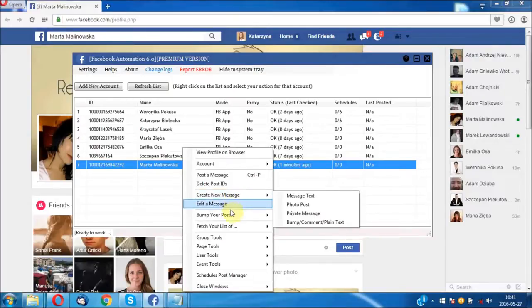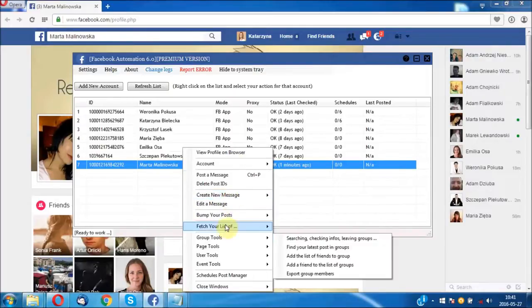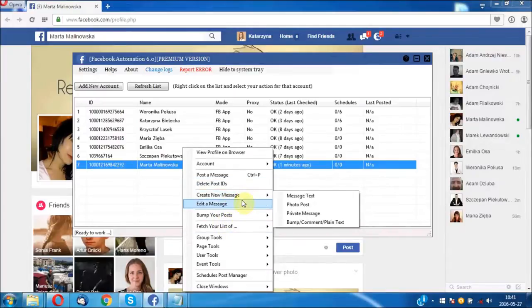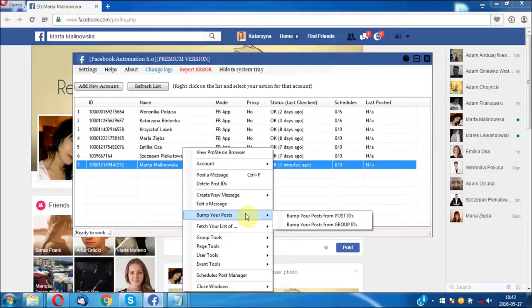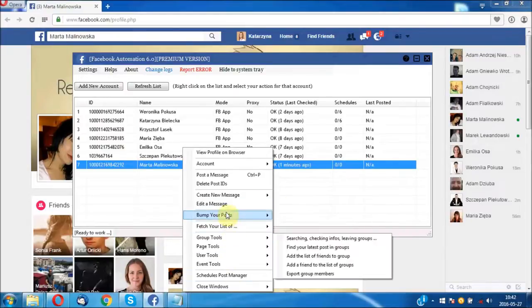So what we need to do is, we've got all these options. We've got create a message, which we have already created. Message text is a normal message text. Photo post is a message with a photo. Private, we send that to private people, and we can bump and comment plain text message. We can edit the message. Bump posts, we can bump posts in the groups by IDs, or by post IDs, or by group IDs. And there are different other options here,